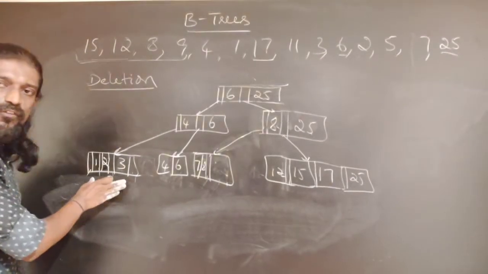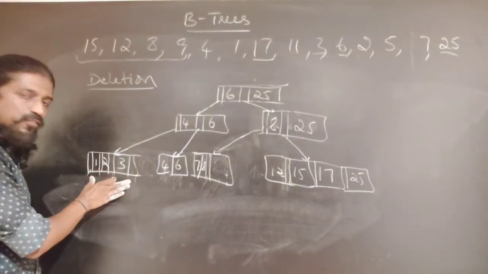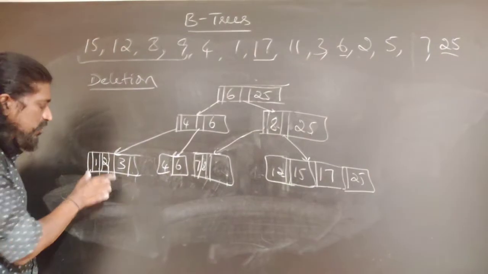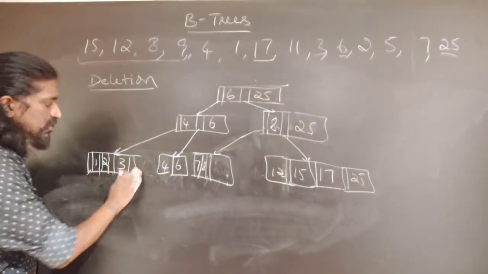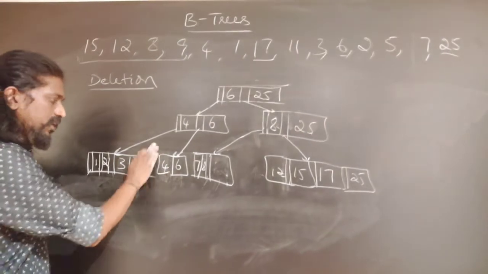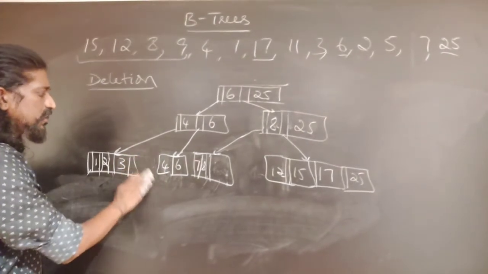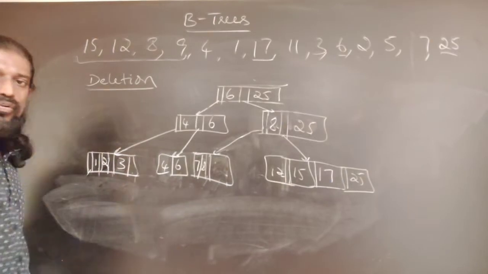What is the maximum number of keys that the neighbor can give? The neighbor, for its survival, needs 2 keys. So keeping 2 keys, if it wants to give, it can give all the other 2 keys. So in that case it can give 3 and 4. Once again, it depends upon the application and the implementation, how we want to do it.